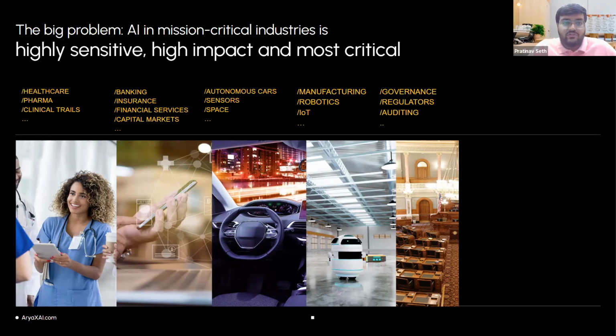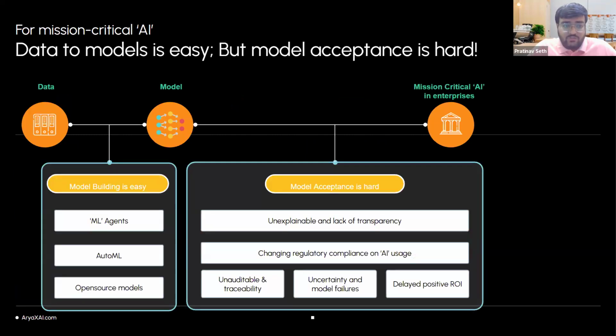The reason why all this is important, and why we are working around this area, is that there's nothing much which has been done around AI safety and alignment, making it a very important problem and something which needs fundamental research to solve. Again, building a model is easy, but making a model acceptable is hard. You can create a new model with new data every day, but how do you ensure that it is transparent and aligns with the compliance of AI in different countries?